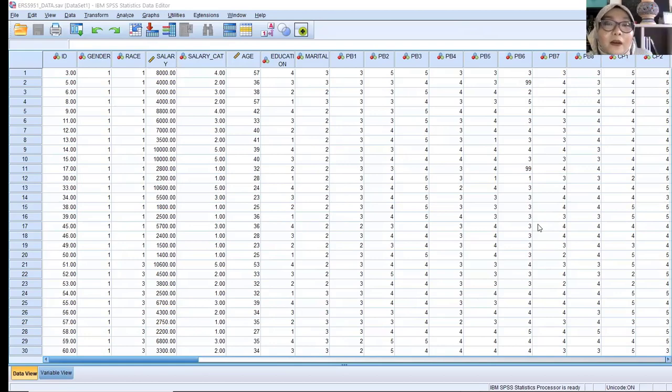Okay, there is one question from Yong. Doctor, can we choose Cohen or Guilford rule of thumb, whichever supports our research? For example, if the literature says high relationship, with a value of 0.5, Cohen means high. Yes, Yong, you can choose either one, either Guilford or Cohen. It is optional.